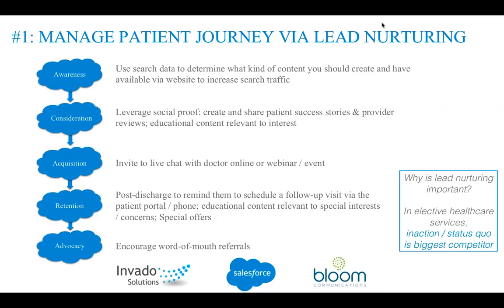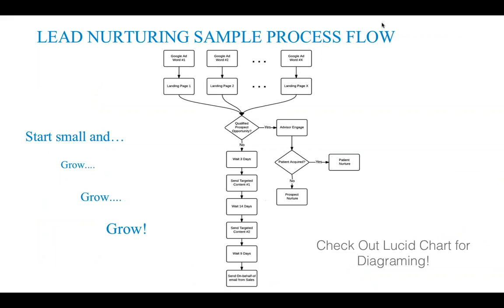So with that, I will turn it over to Christopher so we can take you through a sample lead nurturing process flow. So keeping in mind the business objectives that Brianna mentioned, right? Increasing conversion, customer satisfaction, and engaging your customer. This is where the technology of marketing automation really comes in. And the question is, how do we use this to actually drive a process?